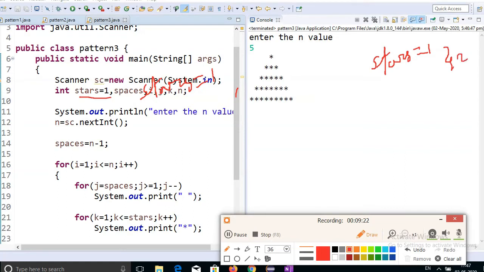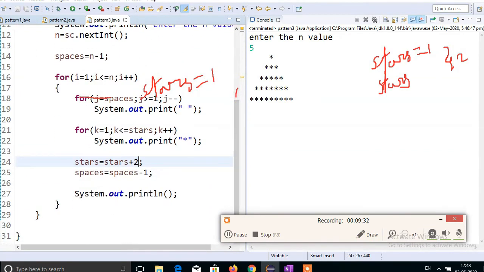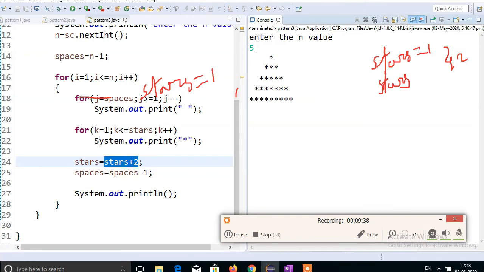Each and every time it will be incremented by 2. That means stars equal to stars plus 2. Where does that happen? In every iteration. Here I have given 5, which means it will print 5 rows.